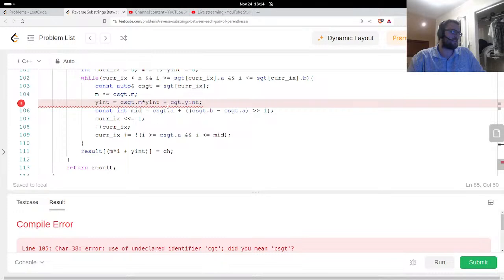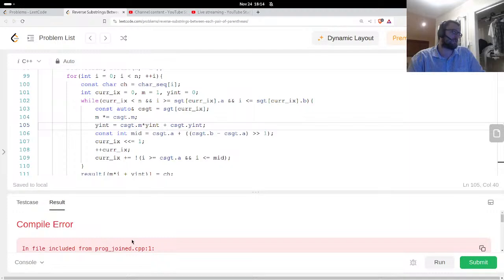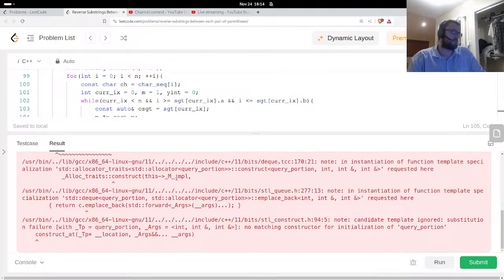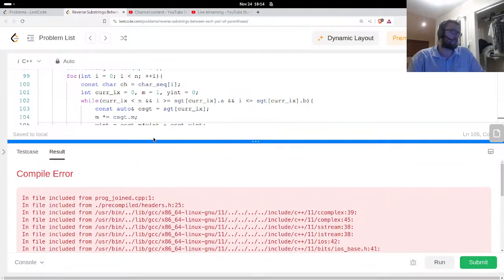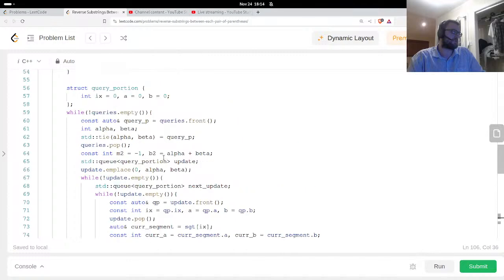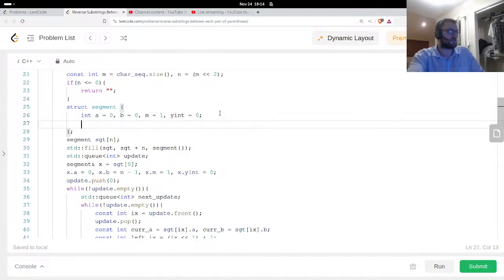I did mean that. Segment tree and current segment tree. I guess I can in place back with a struct. That's probably the issue. That's fine. Just add a